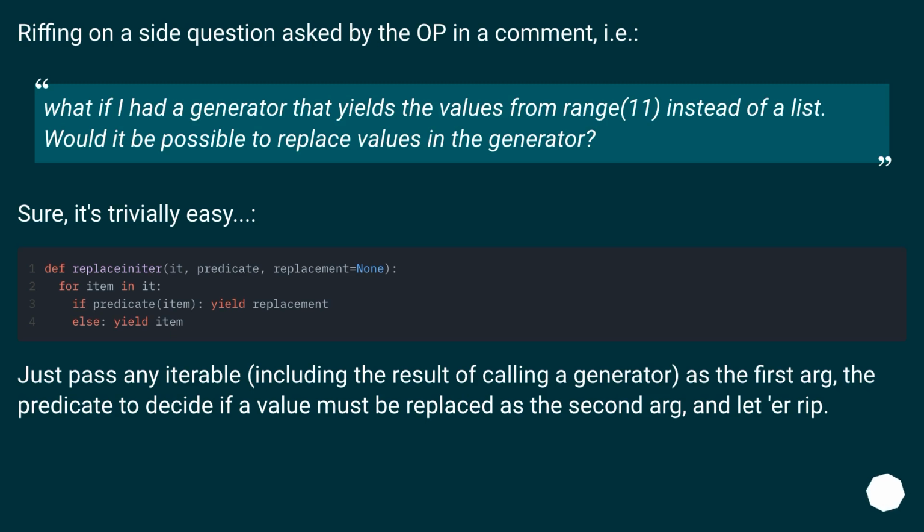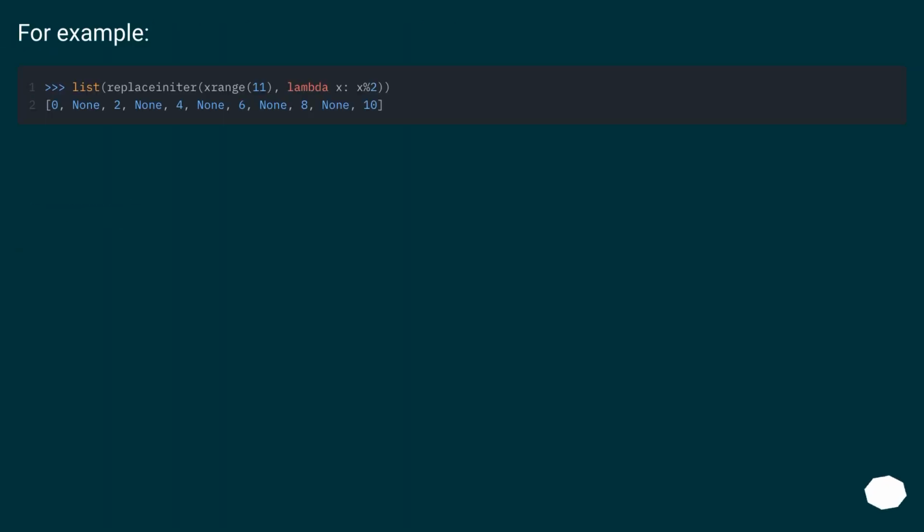Just pass any iterable, including the result of calling the generator, as the first arg, and the predicate to decide if a value must be replaced as the second arg, and let it rip. For example,